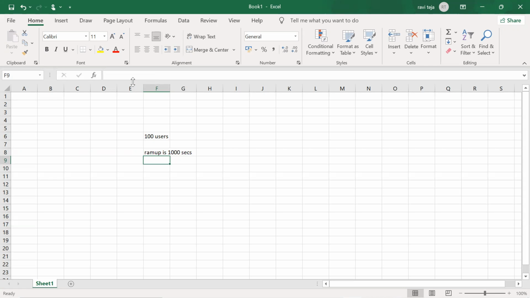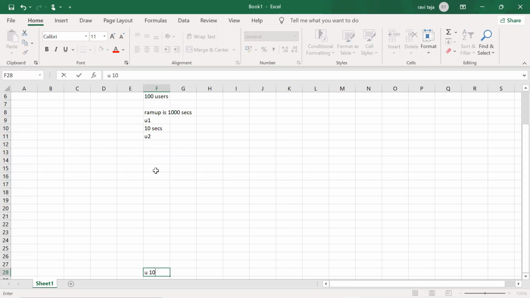User 1 will come at one time, and after a gap of 10 seconds, user 2 will come, then the next user. Like that, user 100 will come at 990 seconds. Correct.